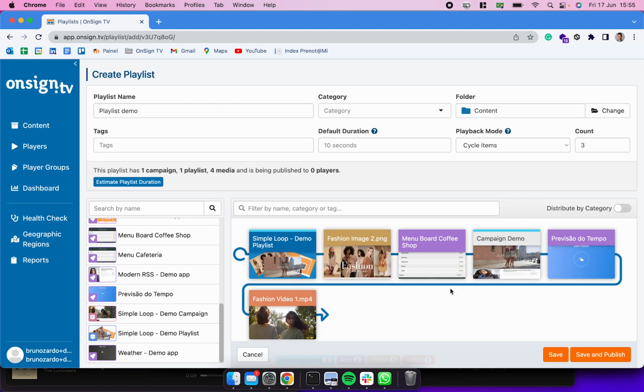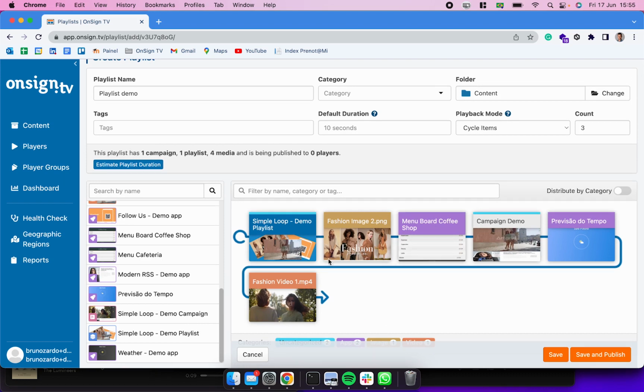Next time it starts the playback and gets back to playing this playlist, it is going to skip the 3 items it played back before and play the other 3 items we had there. All right,